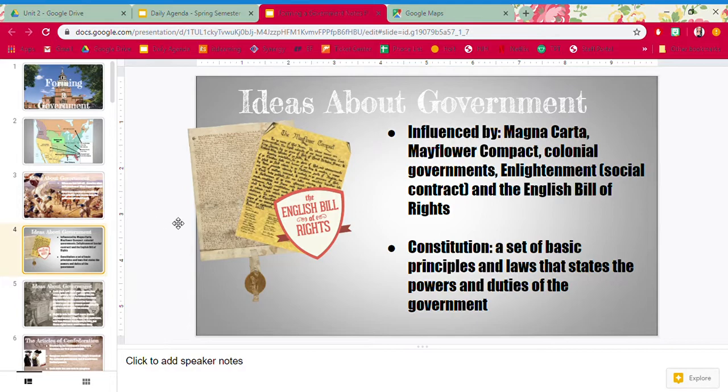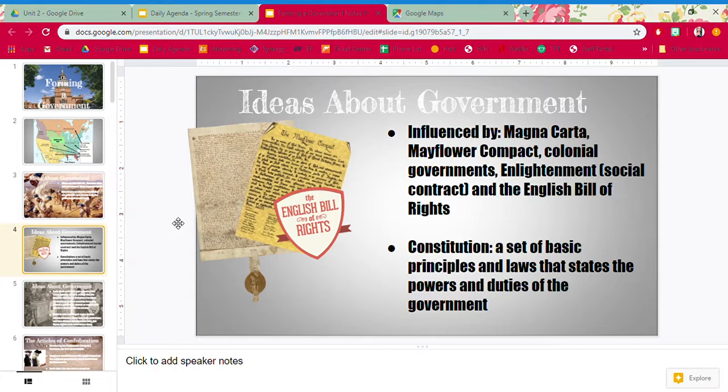Okay, so ideas about government. Our Americans are now going to be creating a new government, and where do we start? Do we just think of something off the top of our heads and try and create something that's never existed? Do we look at the past and get ideas from the past? And that's what the Americans did. They kind of looked and said, "Hey, what has worked in the past? What didn't work?" We've seen what monarchy is like. What other types of government are there, and are those more successful, or could those be better for us?